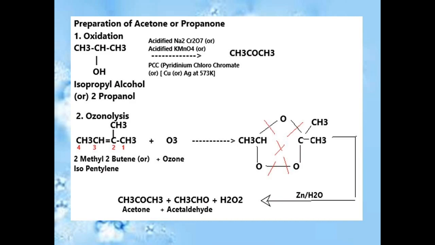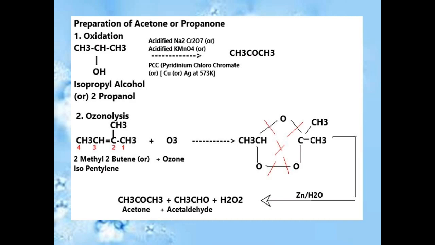The second one, ozonolysis. Ozonolysis means alkene is added with ozone. Here we are going to use 2-butylene. The IUPAC name is 2-butene, I indicated the number. But means 4 carbon. That ozone cleaves the double bond. So the double bond is present in the second carbon. Second and third carbon contain the double bond. That bond is broken, and then each carbon takes 2 oxygen, and 1 oxygen is shared by 2 carbons.